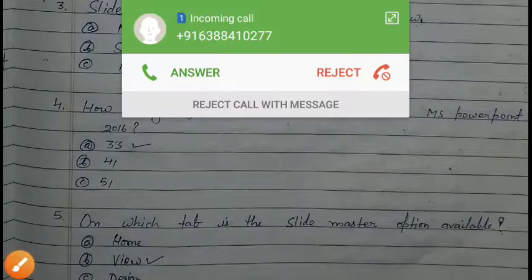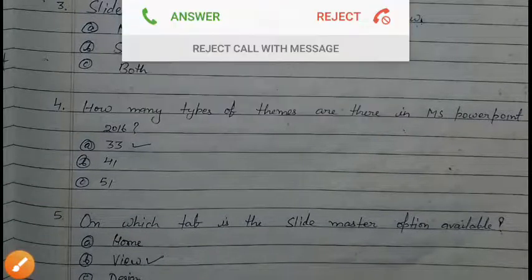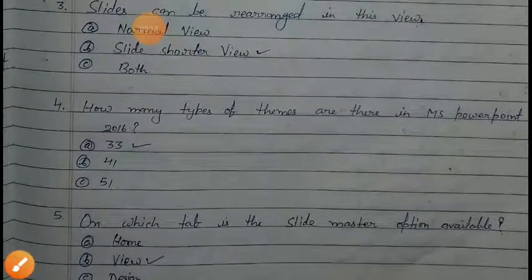Now come to the question number 4. How many types of themes are there in MS PowerPoint 2016? Okay students, in this question you will get 3 options.